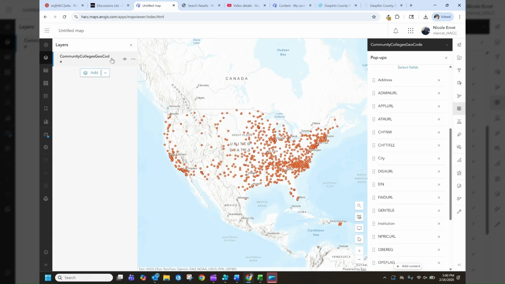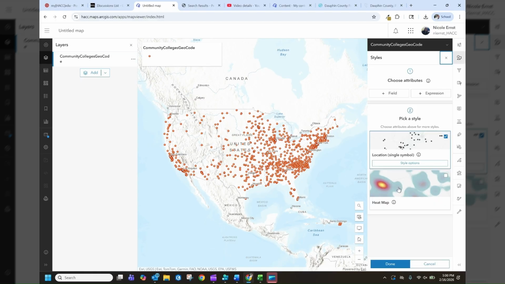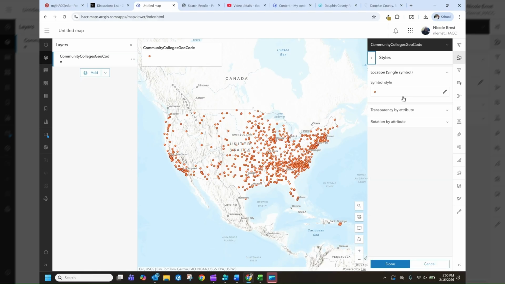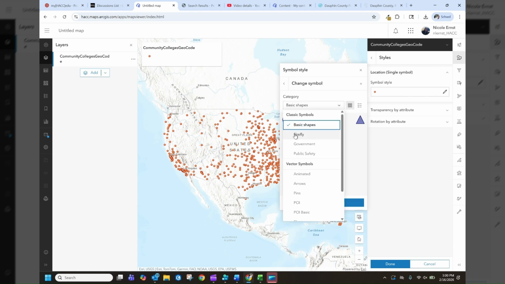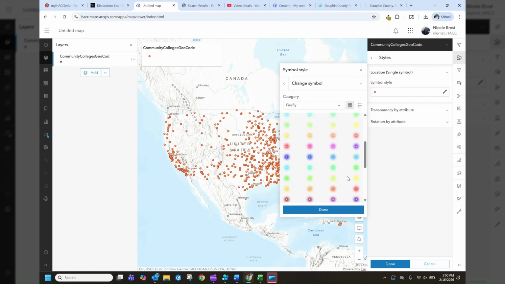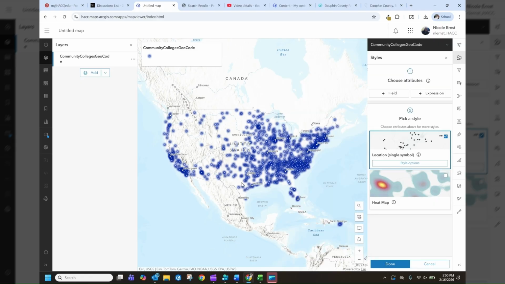And then, of course, you come in here and you re-symbolize it to a symbol that is more along the lines of what you want your symbol to look like. And I tend to like the firefly symbols, so I use those frequently. And then I can hit done. And there we have our geocoded addresses. And I'll do one more thing just because I like to